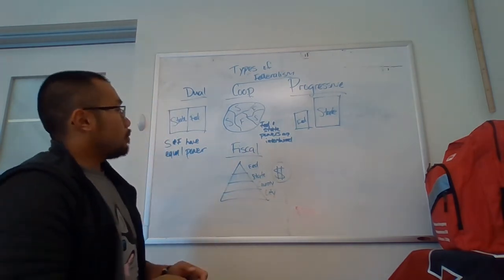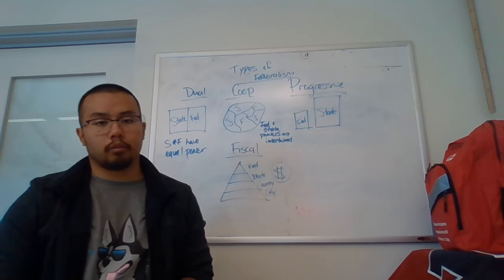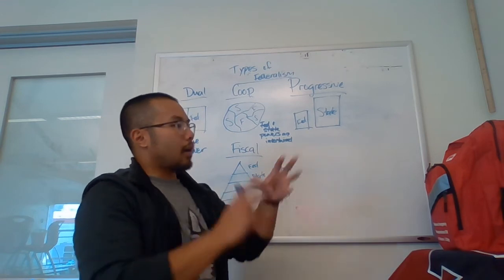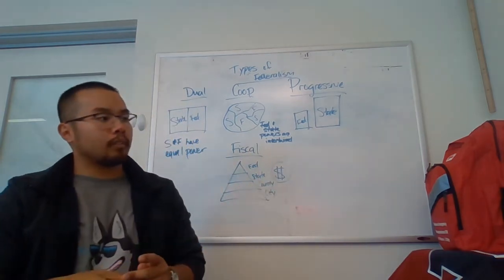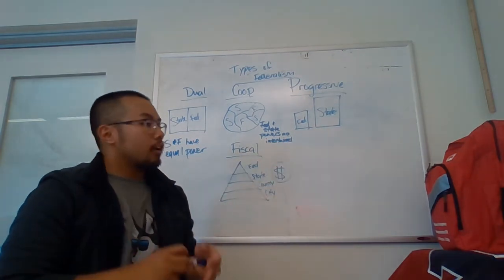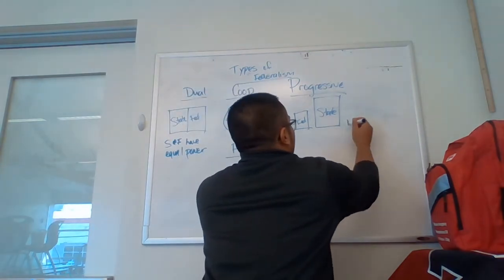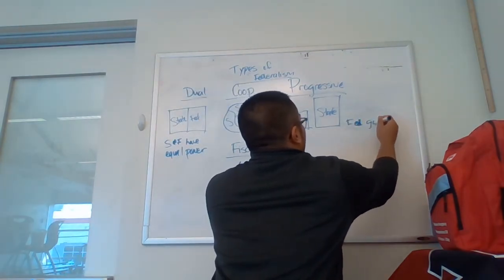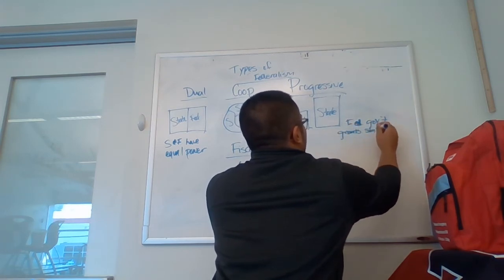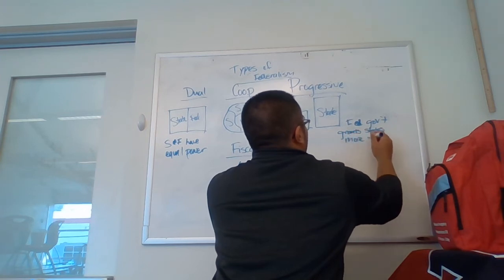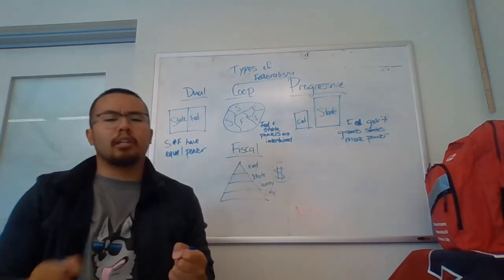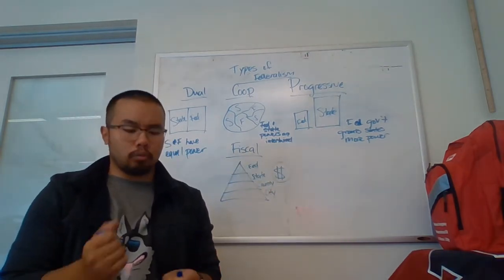Okay. The next one is going to be progressive federalism. In the power picture that I have here, you can see that the Fed is a little bit smaller than the state. What this just means is that the federal government grants states more power, that states will take the steering wheel for a particular issue or for most things.